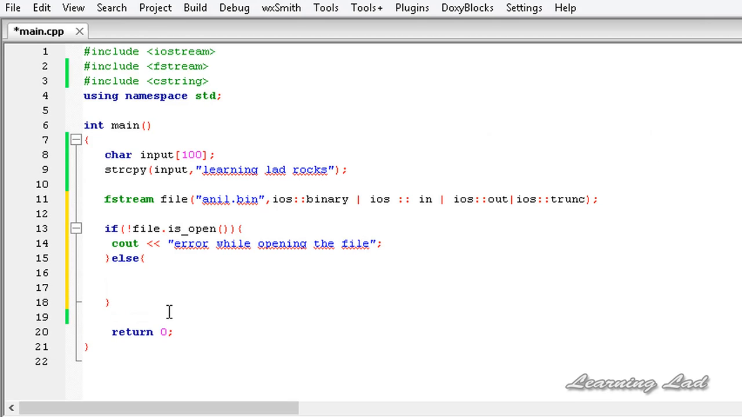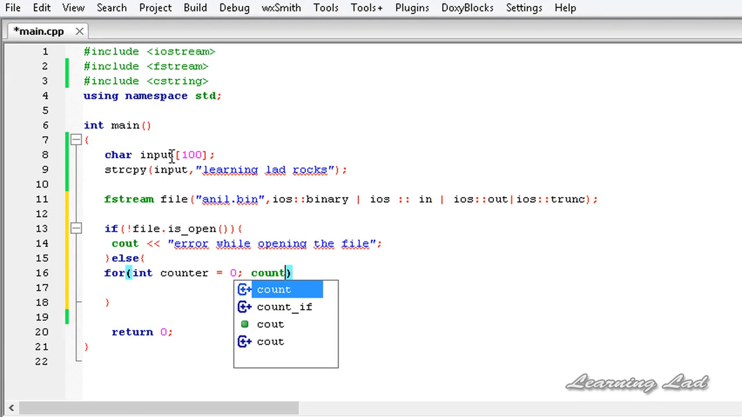And else, if the file was opened properly, then we're going to use the put function, and we're going to write byte by byte to the file. So here we're going to loop through all the contents of this array. We're going to use a for loop. So it's going to be for, and let's create a loop counter variable and initialize it to 0, and then counter